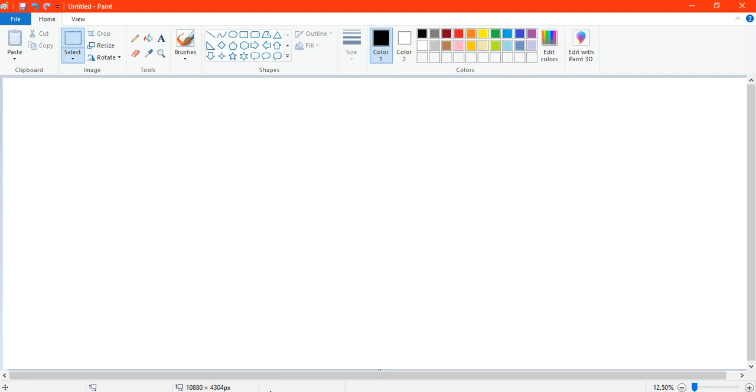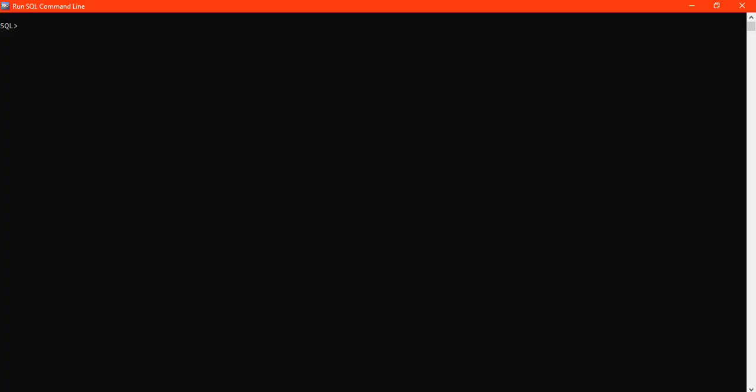Next we will go with the practical. I have already prepared a few tables. Okay, so I will show you the tables. The first table I have is the student table, where these are the fields: roll number, name and age, and some data is already inserted there.